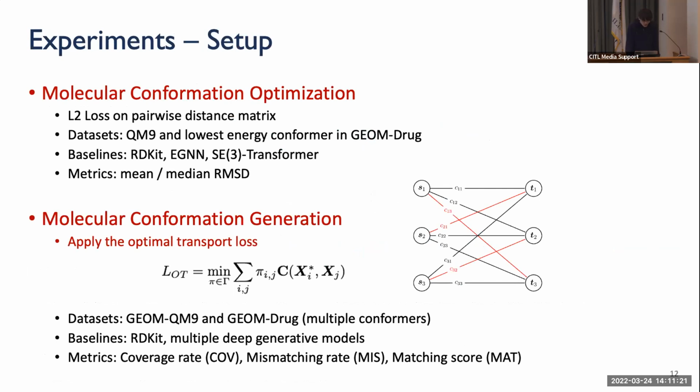And for the experiments, we test our model in 2 different settings. The first one is a molecular conformation optimization setting, where the target is to predict the lowest energy conformer. And we compute the mean and median RMSD to evaluate our model. And the second setting is a molecular conformation generation, where the goal is to generate a set of low energy